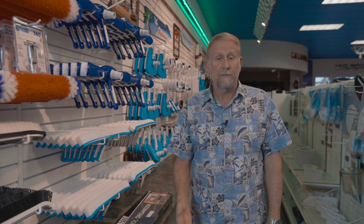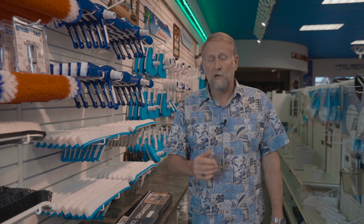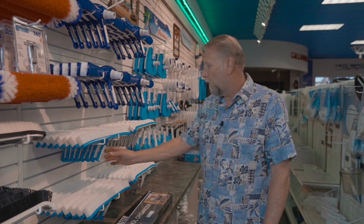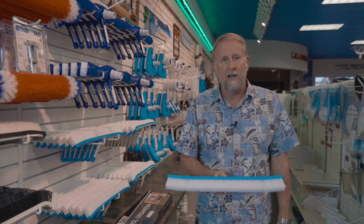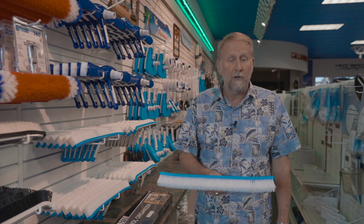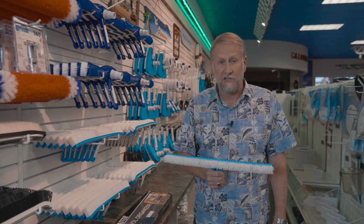Okay, so this next tip is also very important, and that is rinsing off your maintenance equipment when you're done using it. Let's say, for an example, you're cleaning the pool or you're brushing your pool. Most people, when they're done, they take their brush out, they set it to the side, it's in the sun, it's drying in the chemically treated water, such as chlorine, and especially for you guys that have salt,